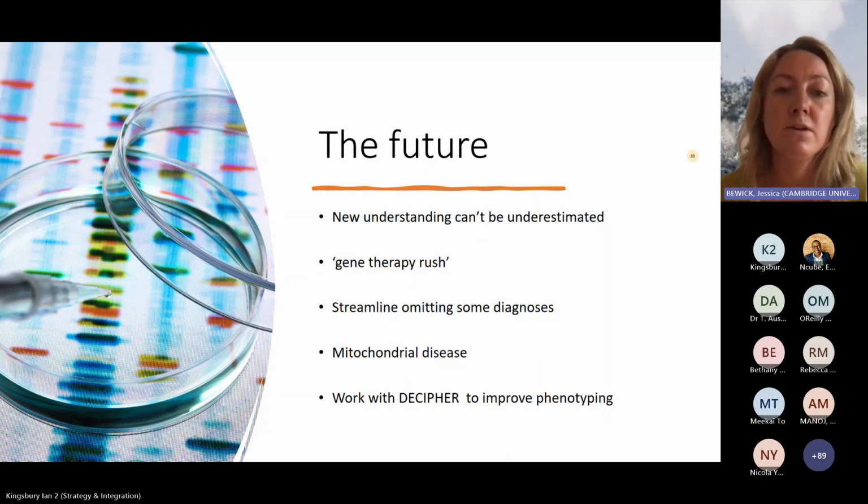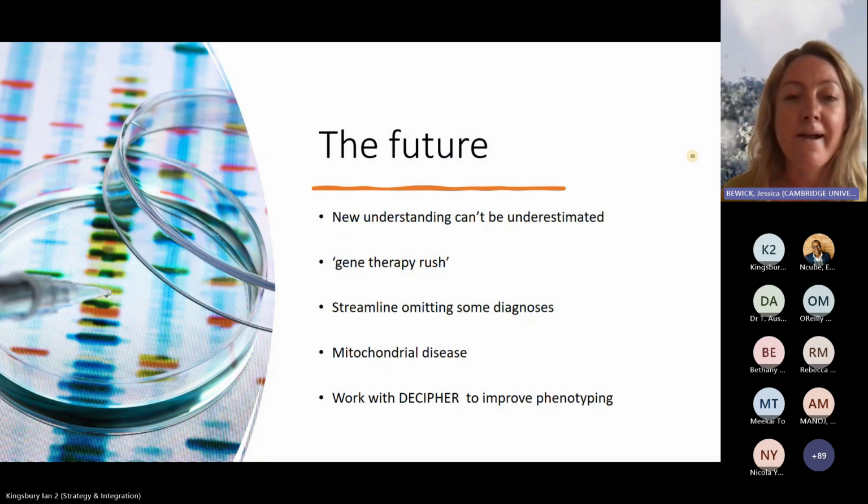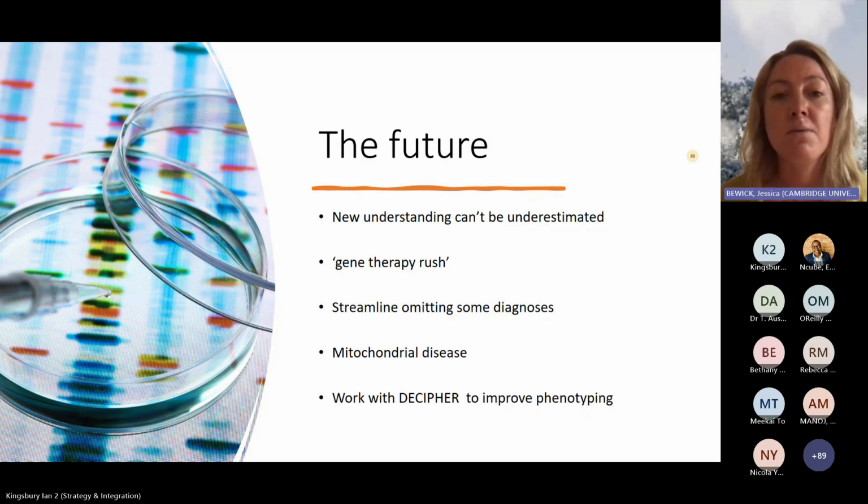And we've been talking a lot about the future of the clinic. It's something that we very much want to keep going. It's been run a lot on goodwill at the moment, in terms of people's time and effort. What we all, I think, would want to put forward to all of you is that you can't underestimate the new understanding that comes from doing this. I think working with our colleagues in genetics has massively improved our practice in ENT, and that's important not only for our patients, who often would never have had a diagnosis prior to introducing the R67,